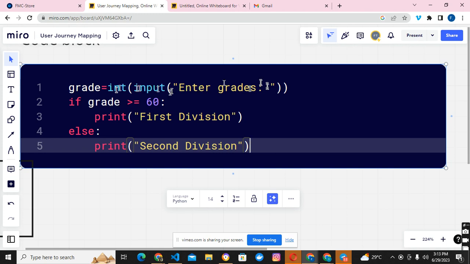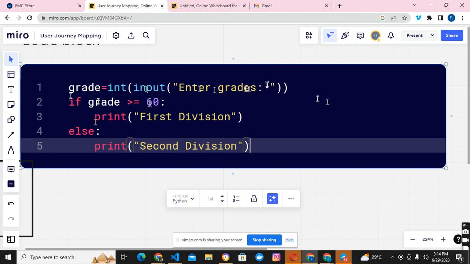Even if you write a number, it will turn into a string. You understand? If you write 60 or 10 and put a quote on it, it will become a string. Any value entered inside the input function is a string. So because we want an integer, we have to wrap this whole input function inside int in order to typecast it to integer. So we now say the grade that has been entered, if it is greater than or equals to 60,